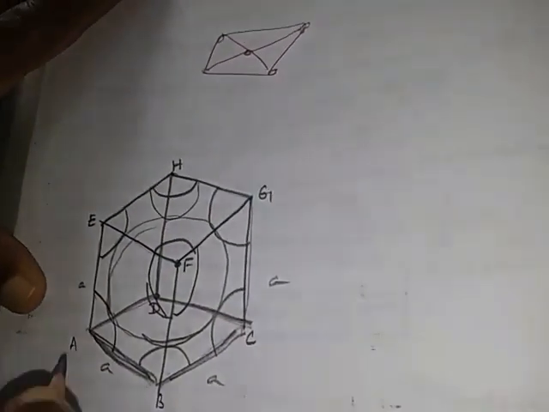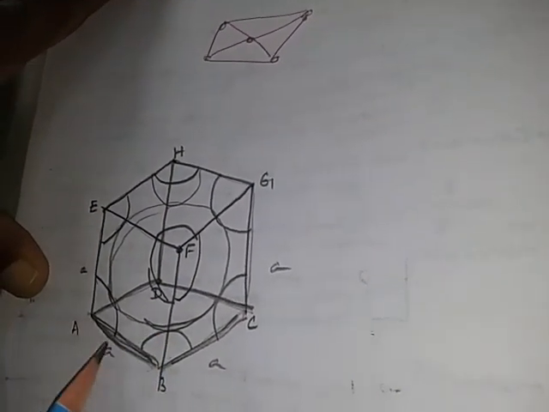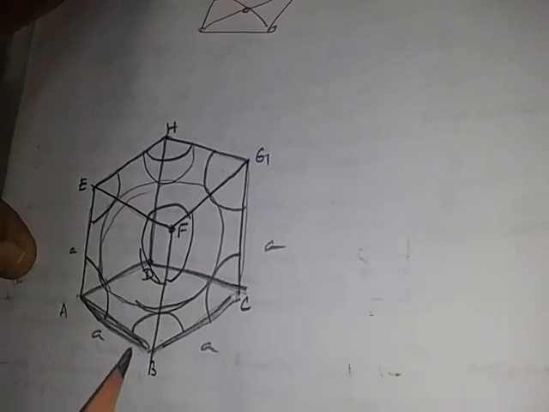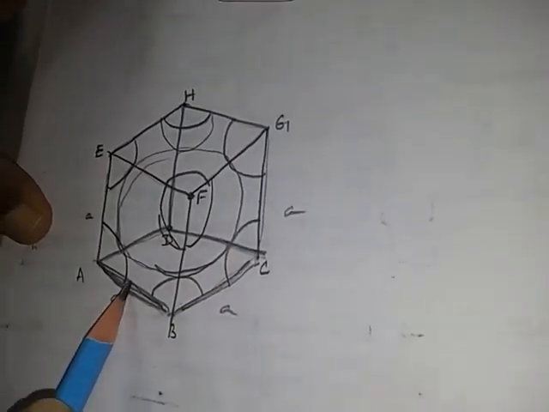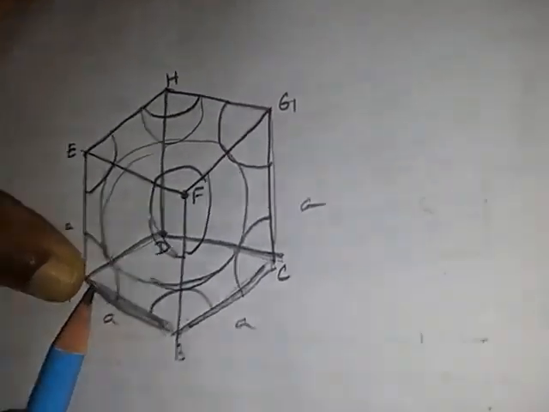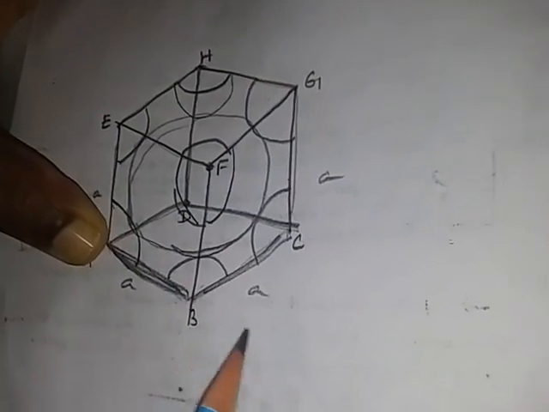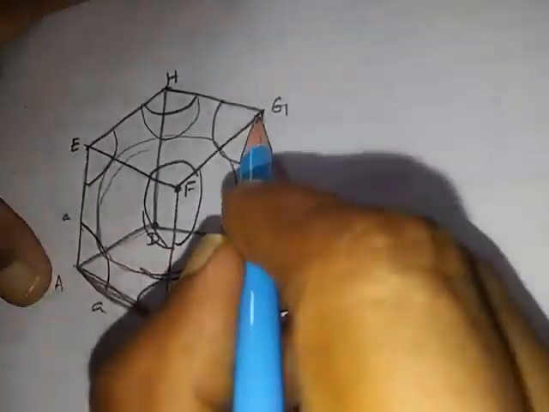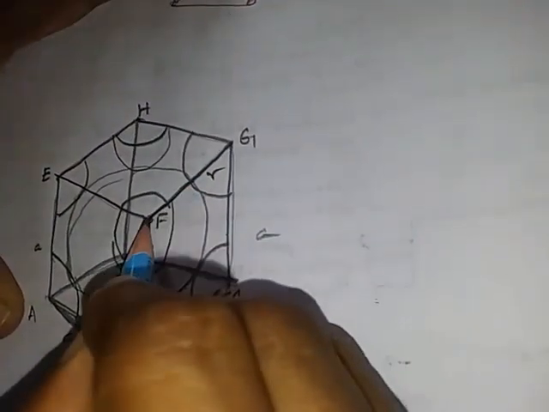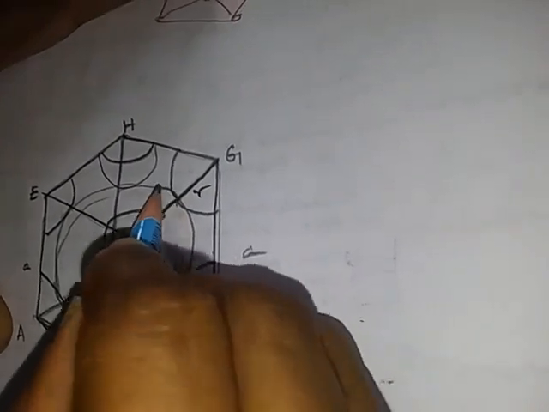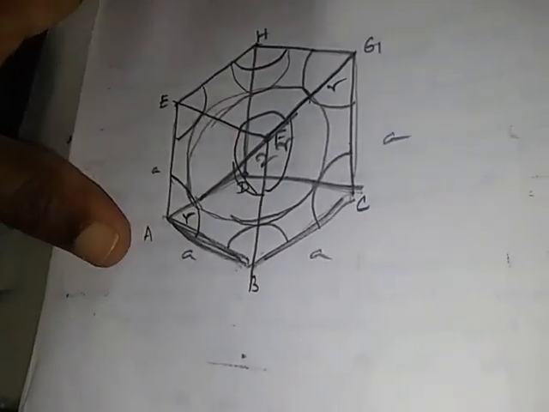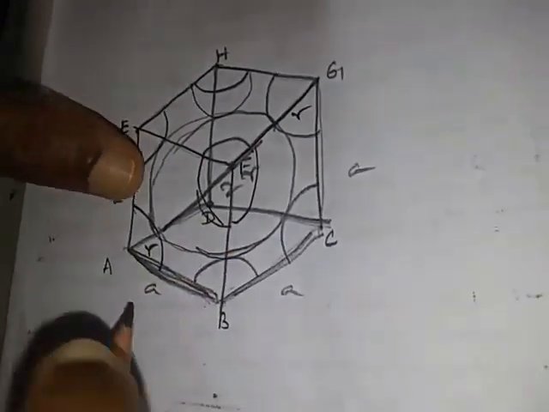And now let us consider the radius. Here we cannot take this length as we have taken in the simple cubic unit cell. In the simple cubic unit cell, this atom will touch the atom at the corner, and we took R and R, so A equals 2R. But here, if you look at this diagonal part, the radius of the corner sphere is R, the body center sphere has diameter 2R, and here it is R.